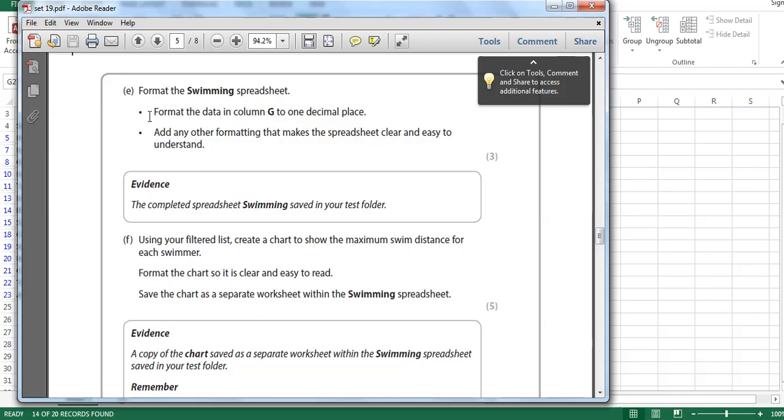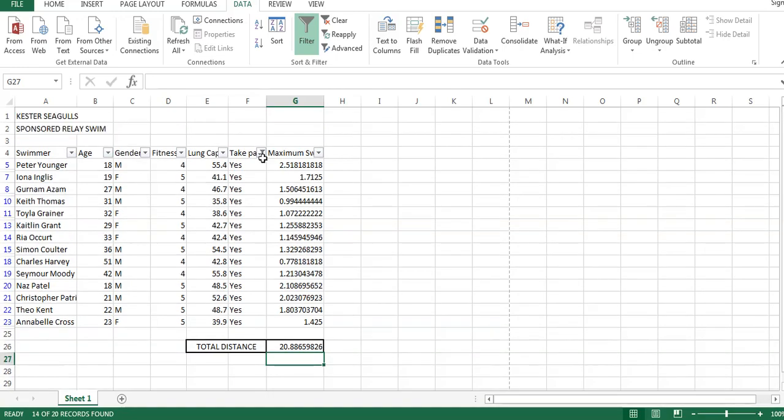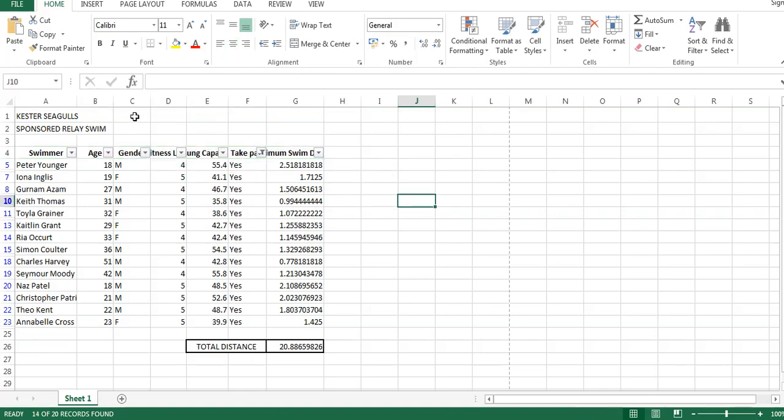So format the swimming spreadsheet. Format the data in column G to one decimal place. Add any other formatting that makes the spreadsheet clear and easy to understand. So making things clear and easy to understand involves